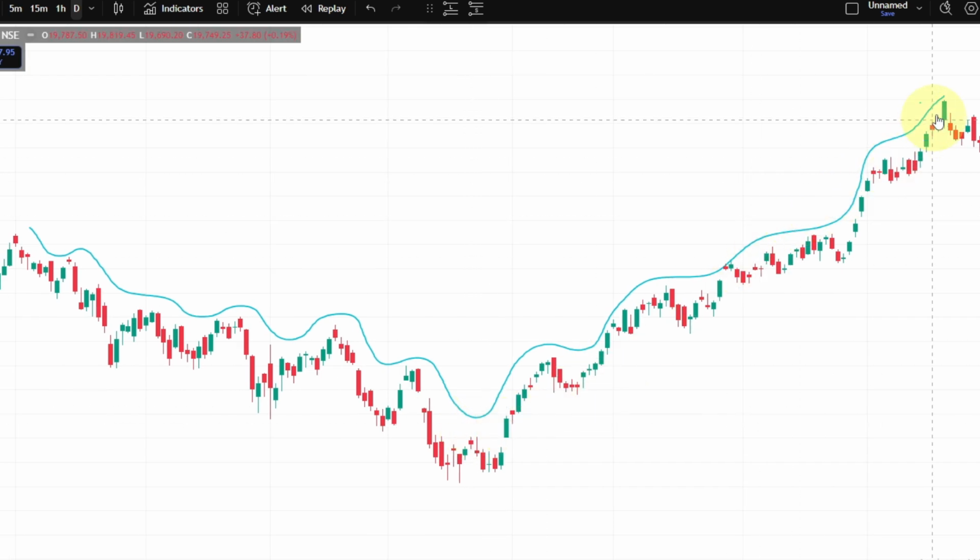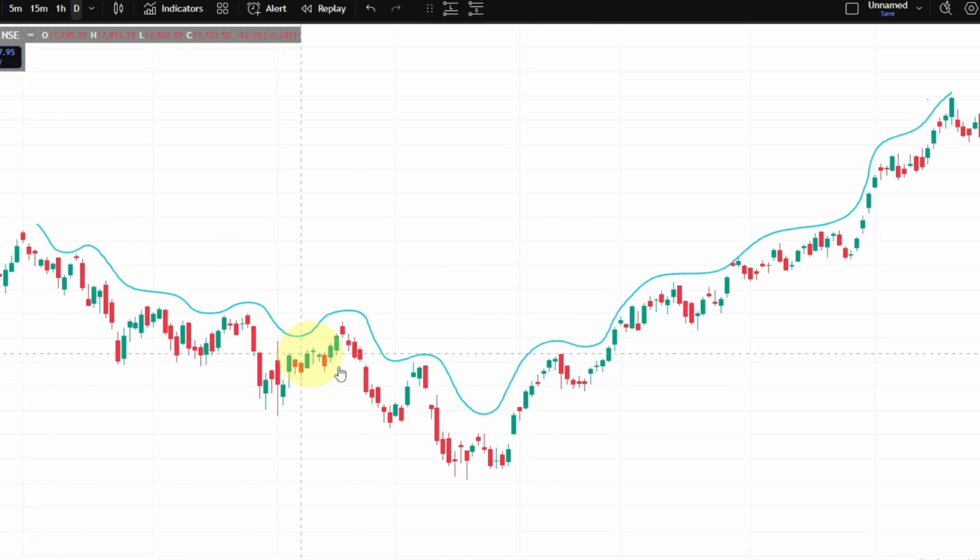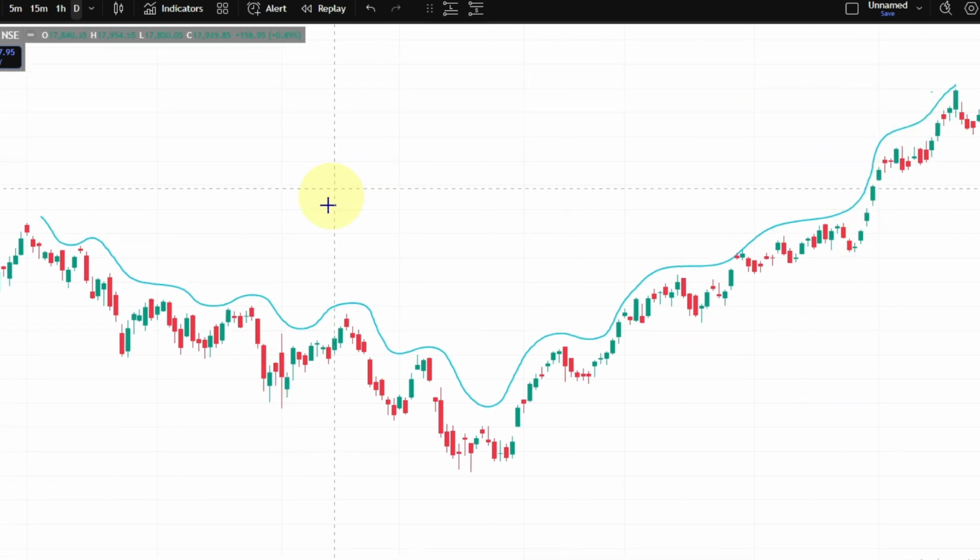And when the market is going up, or in an uptrend, the market forms higher highs, meaning this high is higher than this high. As well, you can see the lows are also forming in a higher direction, meaning this low is higher than this low, and this low is also higher than this low. So in downtrends, lower lows and lower highs are forming, and in an uptrend, the market is forming higher highs and higher lows. This is the common market structure, or common character of the market.